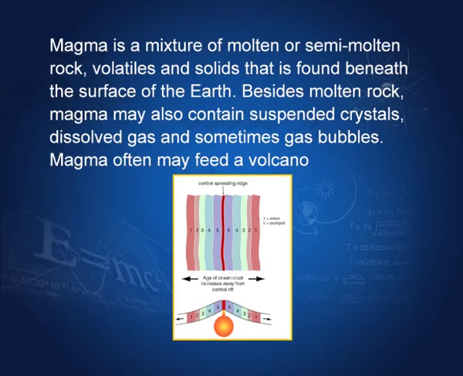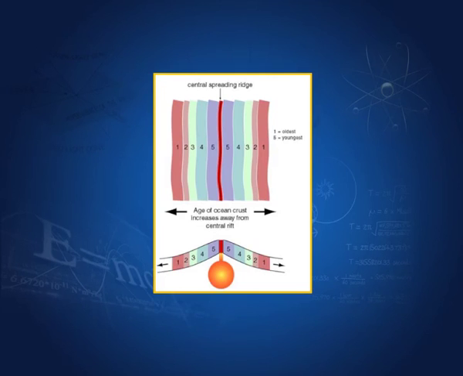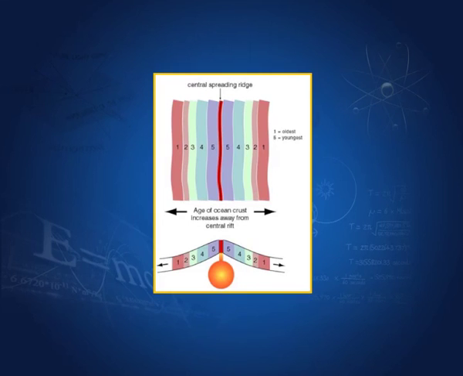The minerals which contain iron at a particular time in the history of the earth fix the magnetic field at that time. So, by studying the volcanic rocks in the earth, we can find out the direction of the magnetic field, and that is what I am trying to show you here. In the Atlantic Ocean, there is a ridge in the middle of the ocean. This is called the central ridge. What does this tell us?